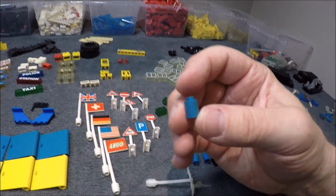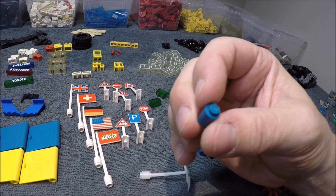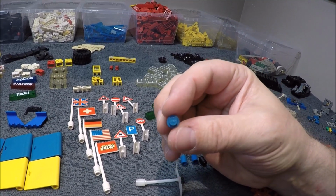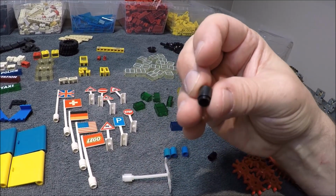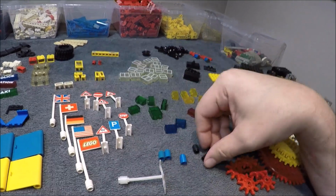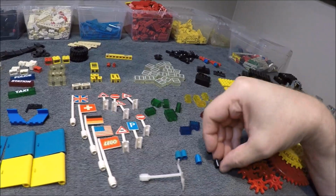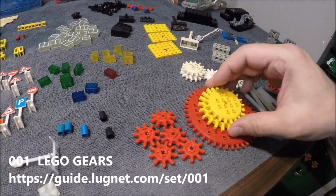1x1 round bricks with no ridge on the bottom. So this is going way back, and I don't know if you can see the logo, but it's a really cool logo, the original. I mean, some did have the ridge on the bottom, but a lot of non-ridged bottoms, including the black. Then we get over here where we got the original gears, but it looks like it's two